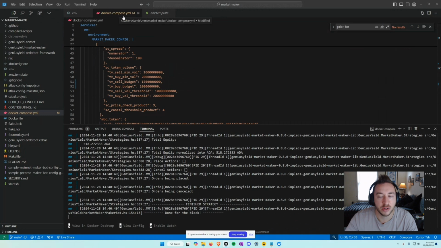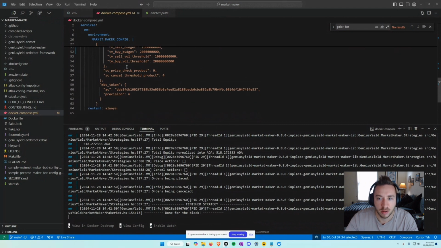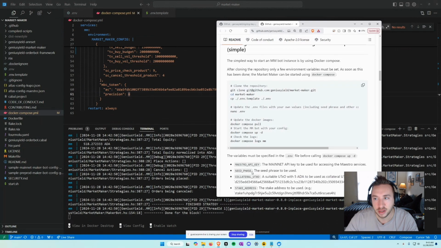Cool. So the Docker Compose, it's not configurable after the fact. So there's this token volume phrase here. I tweaked it a little bit beforehand, but you can. This defines how much you're buying, how much you're selling, the amount of volume, and then also the token you're going to be trading, which in this case is gens. Great. And again, if we go back to the GitHub,